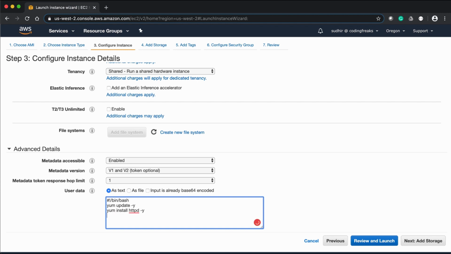This is how, with this script, the instance gets instantiated: on the first boot, it will update all of whatever packages it has, and then it is going to install the HTTPD package. So for now, we do not require any of this. I'm just removing it.